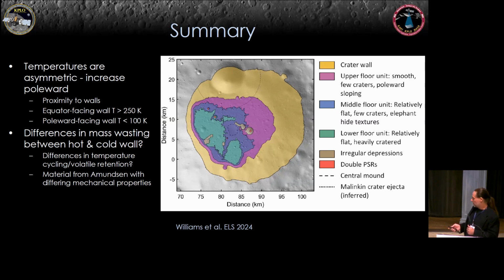The walls are also very different in their thermal profile. So the equator facing wall gets directly illuminated. It gets very hot, over 250 Kelvin. The poleward facing wall is within the PSR, and so it remains below 100 Kelvin. And so the wall itself is a cold trap for water. So you could have differences in temperature cycling and volatile retention driving a lot of this asymmetry. Or it may have nothing to do with temperatures. It's possible Amundsen ejected material onto half the crater and just created an asymmetry in material properties. And with that,